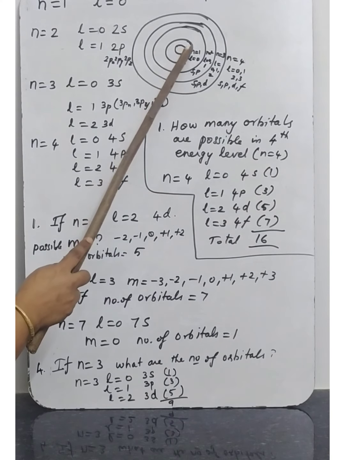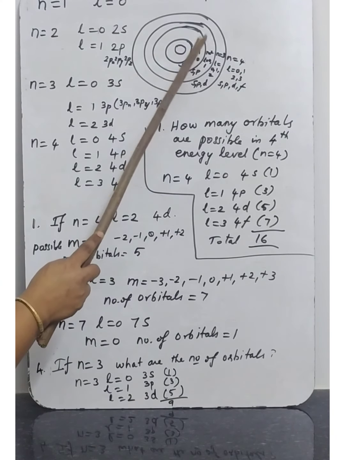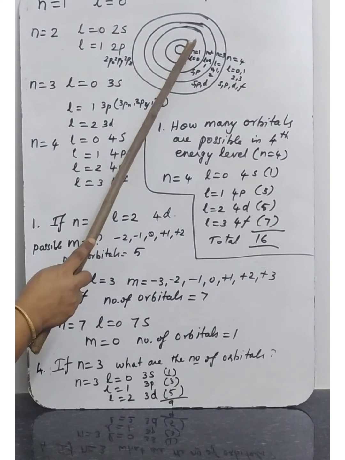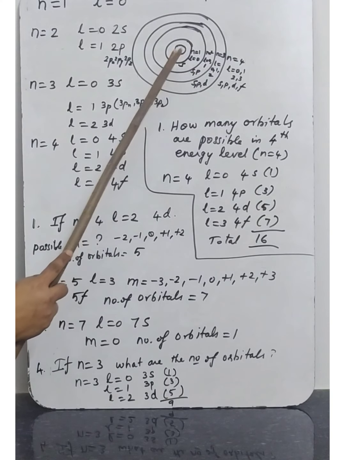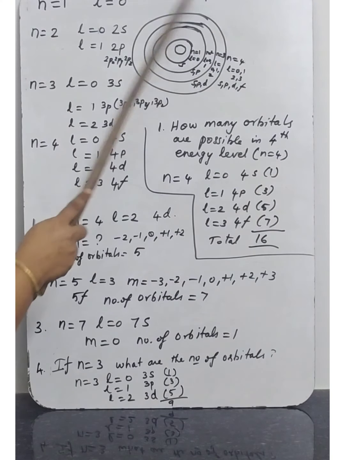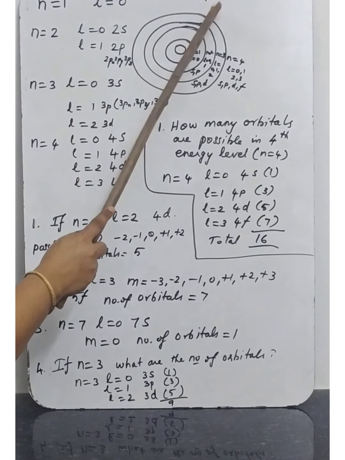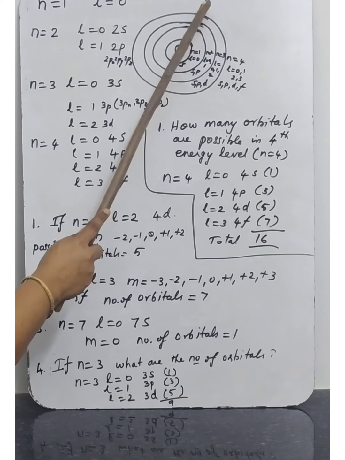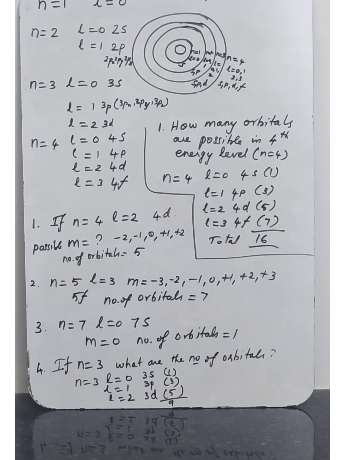Now n is equal to 1. This is the first shell, n equal to 1 means the K shell. If n equals 1, what is the l value? 0. If the l value is 0, the s orbital is introduced in the first shell. So that's why I have written if n equals 1, l equals 0. Then the possible orbital is 1s, so in the 1s orbital, electrons are filled. Understand what I am saying?